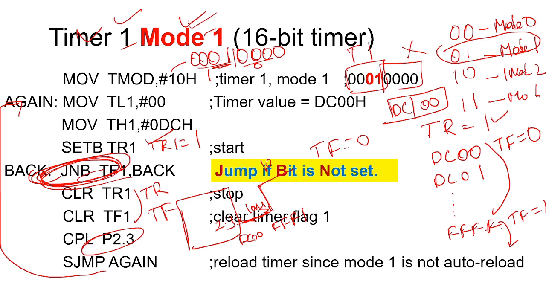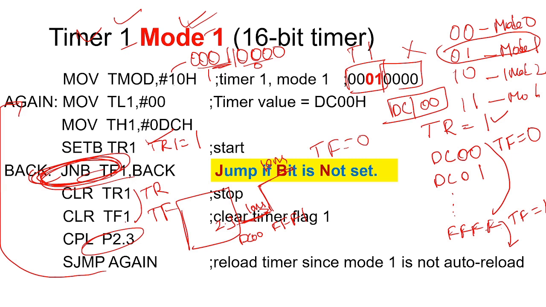It will give the delay of 10 milliseconds up to here. Again the TR bit will be set. Once the TR bit is set, your timer will start to count up. It will keep on monitoring the timer flag. It will be in the loop until TF is 0. Once TF becomes 1, that is, the rollover condition is met, it comes out and clears the TR